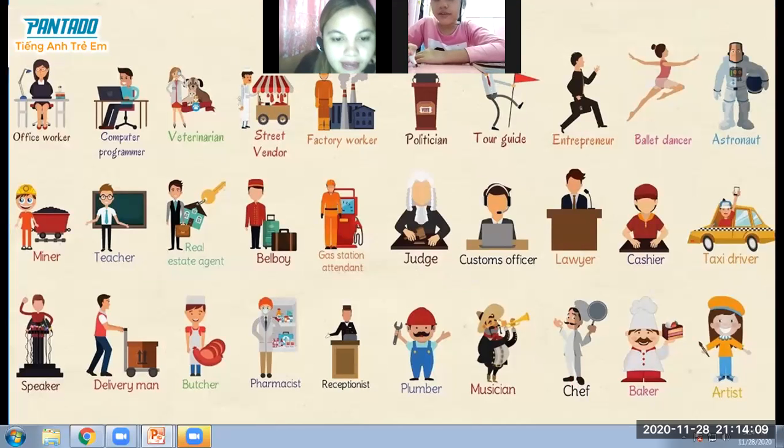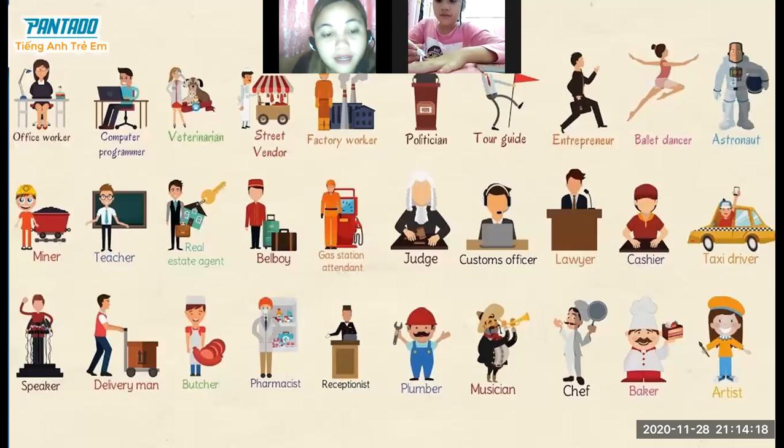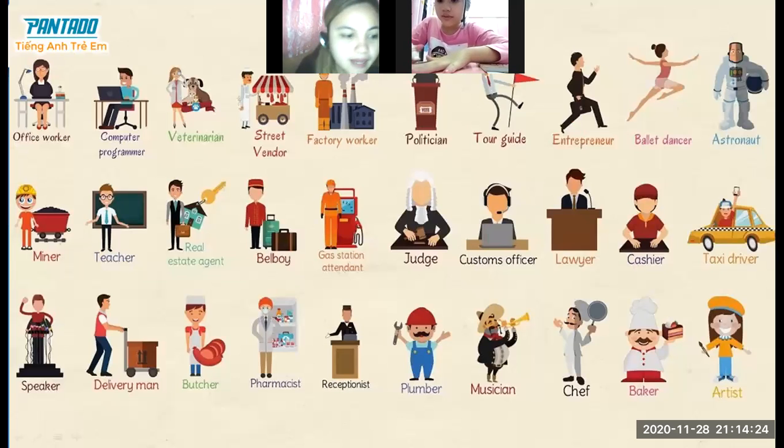Yeah. Okay, wait a minute. Anne, can you see the pictures clearly? Yeah. Okay, now can you read what is the person's work or what kind of